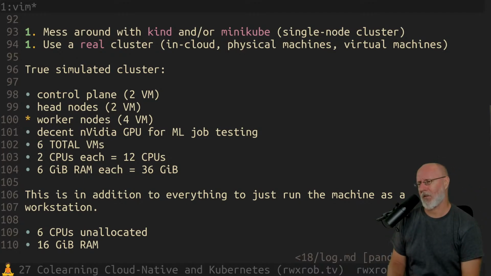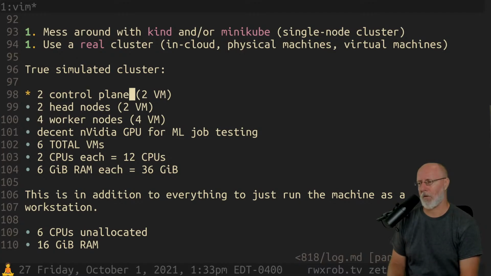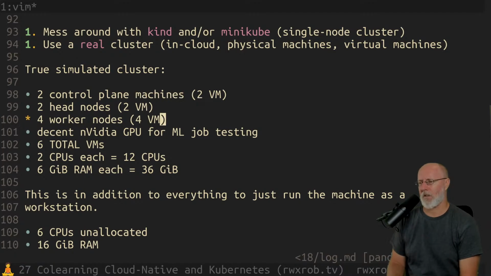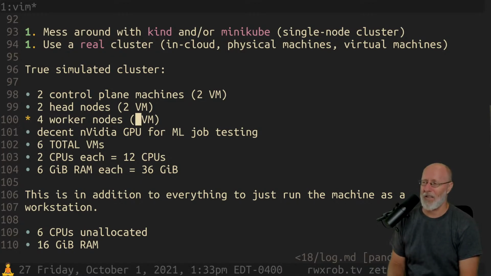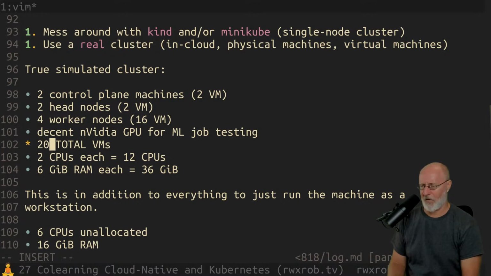So if I were to say head nodes, 2 VMs, we had 2 head nodes, 4 worker nodes, 2 control plane machines. Let's say we do three. Ideally it would be great to have 4 CPUs per worker node, because it burns up once. That'd be 16 VMs. Let me redo the math here. Yeah, I'm going to have to go for the 32